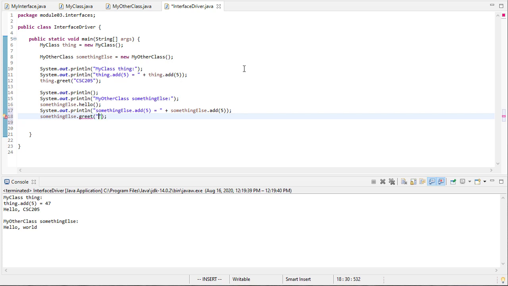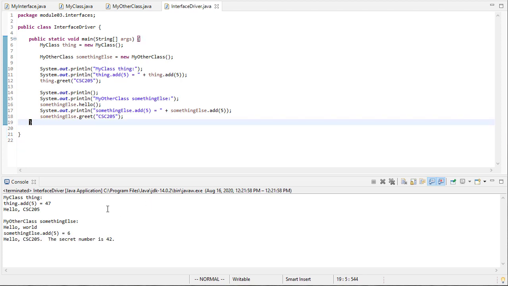And we need to pass a name here, so we'll say CSE 205, just so we're doing the exact same thing with both objects, and we can see that they handle things differently. So if I run this, you can see my thing's add, we get 47, hello CSE 240, and then with something else,